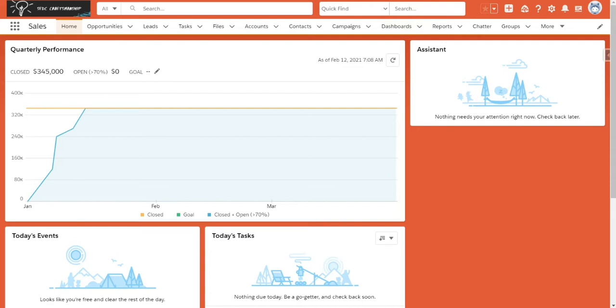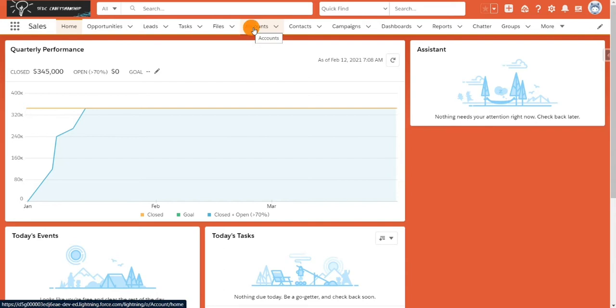In this video, we'll see how we can get records and delete records in a flow. Consider I have a scenario. Whenever my account record is deleted, I want to delete all the related contacts under that account. That means whenever my parent record is deleted, all the child records should also be deleted. So in this case, account is my parent record and contact is my child record.